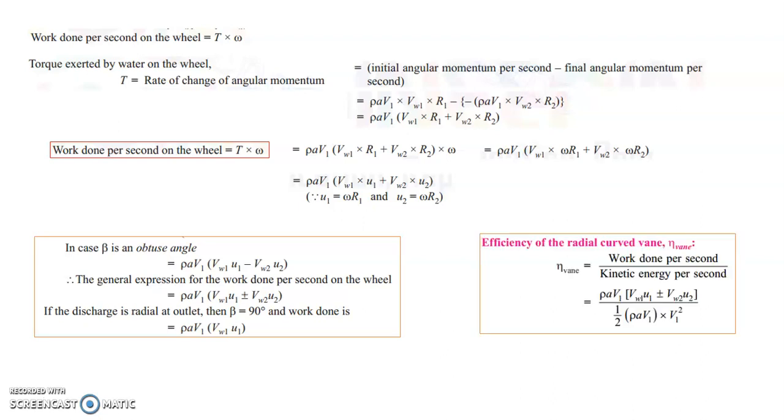On the other hand, if you are interested in calculating efficiency, efficiency is work done per second divided by kinetic energy per second. Work done per second is rho A V1 (VW1 U1 plus or minus VW2 U2), divided by half rho into A into V1 into V1 square. Now we can cancel out the mass per second terms here, so this would be the final version. As time permits, you can simplify the numerator, substitute the value for kinetic energy per second, and this is how you calculate the efficiency of